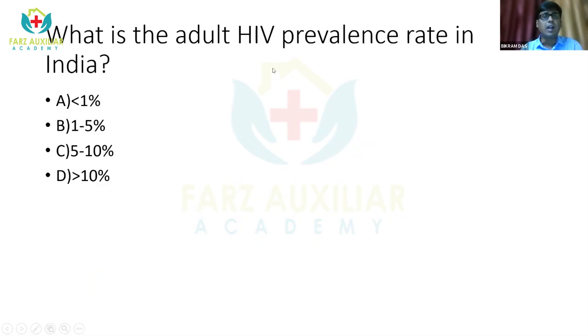With this, I'll go to a question for the students. What do you think is the adult HIV prevalence rate in India? This is very important to know because whatever the prevalence, the population in India is so high that it creates a lot of patient load in the global HIV load. If you can answer, I'll wait a few seconds and then move on. You can answer in the chat box. What is the adult HIV prevalence rate in India? Is it less than 1%, 1 to 5%, 5 to 10%, or 10%?